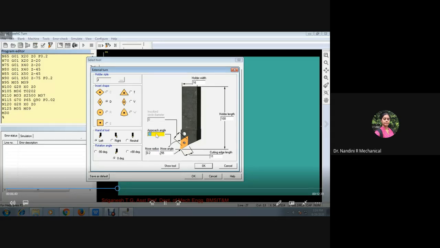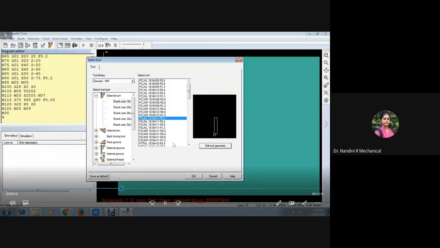We are not editing anything here. It is as per the library database. It is just highlighted to show the values of the tool specifically for the finishing operation. Then you just press OK.